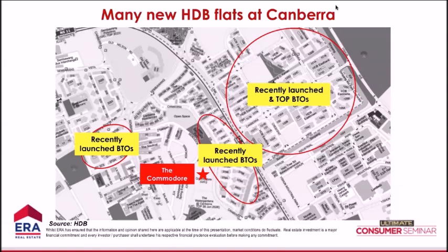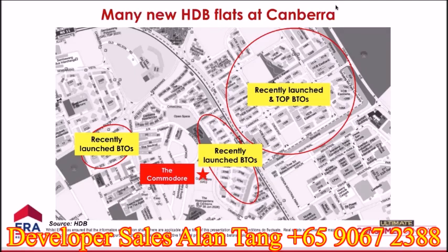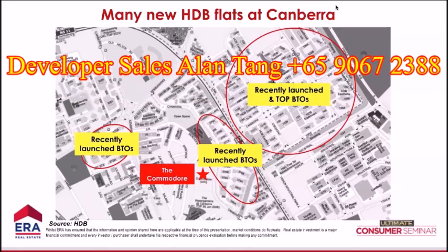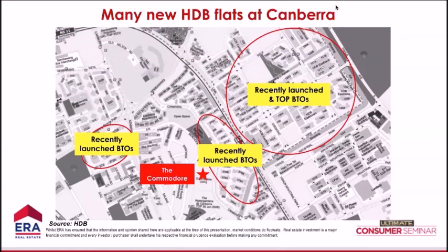If you choose one day not to hold on to this property for whatever reason, I can almost guarantee you your exit strategy is more or less guaranteed. Exit meaning you can find a potential buyer pretty easily. So let me show you some of the projects, some of the BTO flats around our Commodore itself. Number 1, we will see there is this cluster. Okay, but that's not the cluster. That's a recently launched